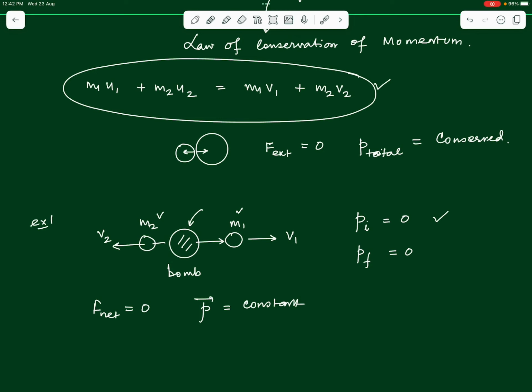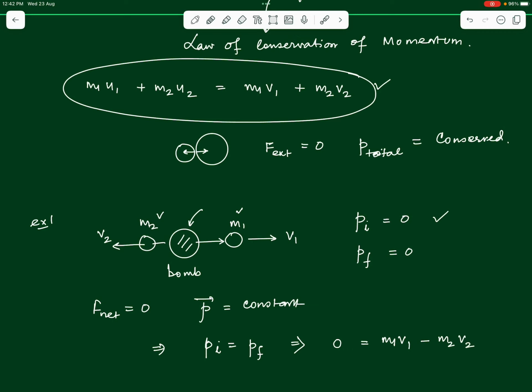Finally, what is the momentum of the system? Do we see that from this equation we can write the initial momentum P initial is equal to P final. This will imply initial momentum is 0. What is the final momentum? Can we say the final momentum will be m1 v1, the momentum of the first particle, minus m2 v2, because